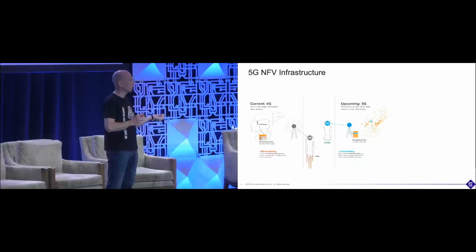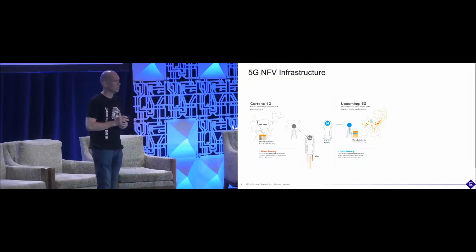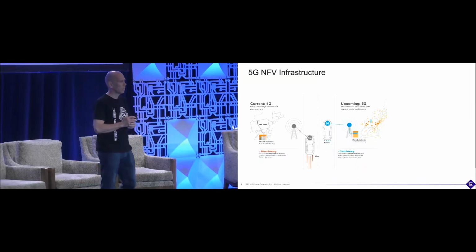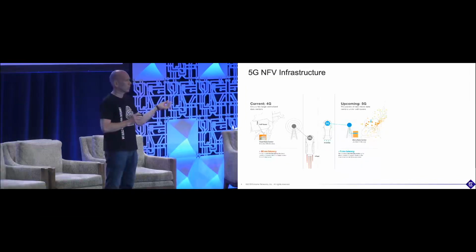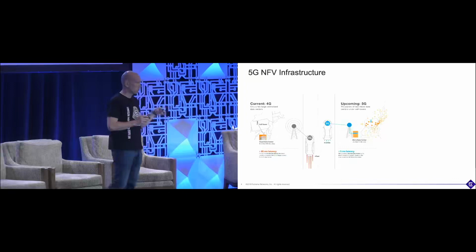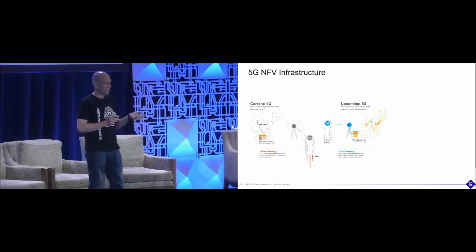Okay, so now if we compare that to 5G, where you now have your micro data centers, which basically means that your radio base station is truly close to your micro data center, in the same example you have less than 5 milliseconds latency, which basically means that the car only moved like 4 inches during the response I get back. So I guess this starts to build up the picture for us.